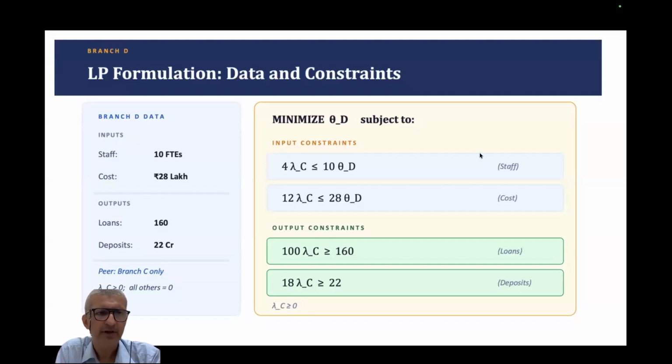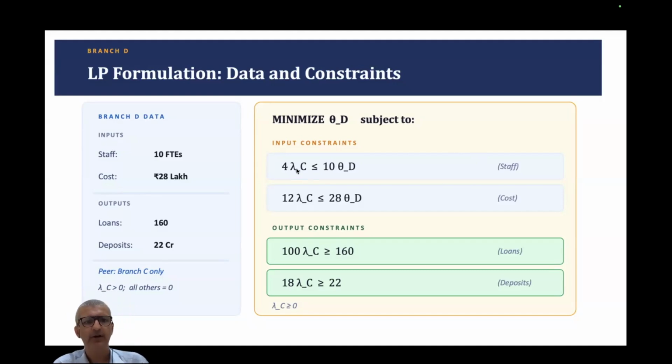In the previous video, I spoke about data envelopment analysis. Now let's look at the LP formulation of that. So I showed you how it can be done. What is the purpose of data envelopment analysis? We took the example of a bank which had 5 different branches. And let's say branch C seems to be the best branch as of now in terms of the efficiency, output